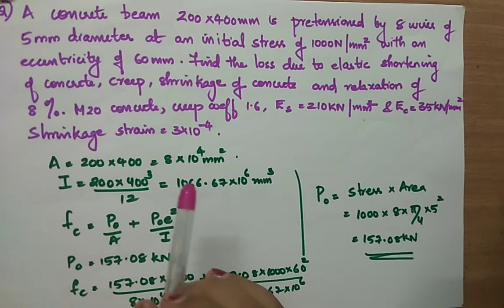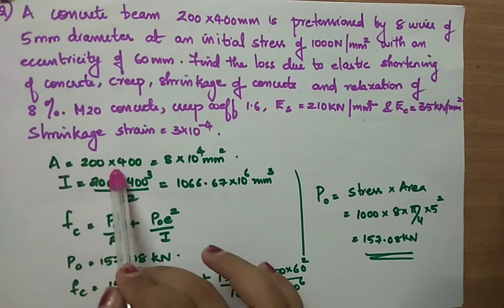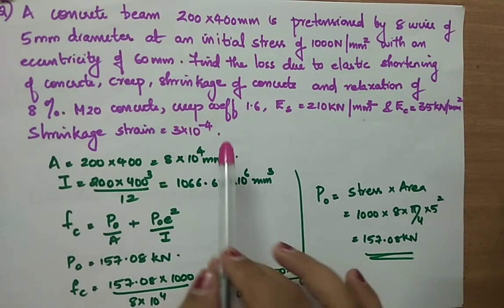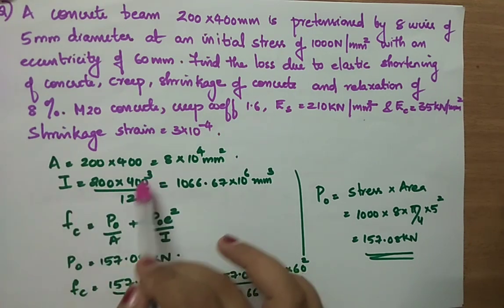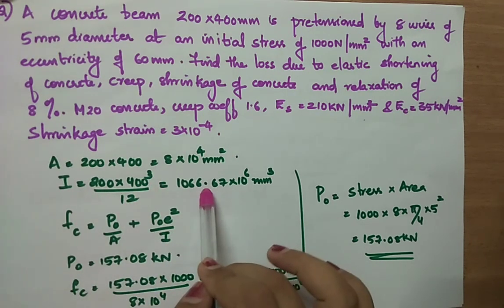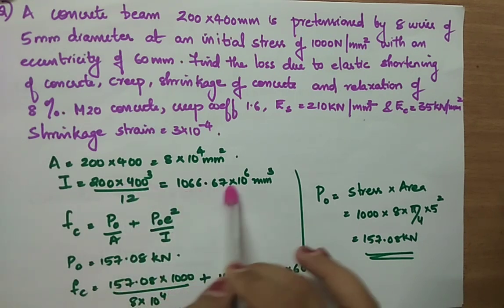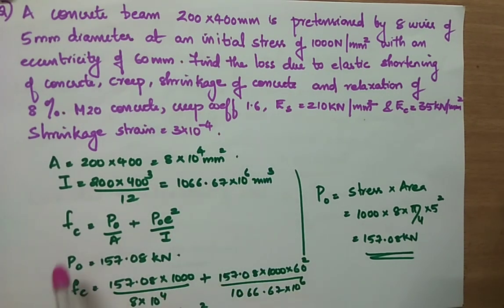First of all, let's write down the properties. A is equal to 200 into 400, that is 8 into 10 raised to 4 mm square. Moment of inertia is bd cubed by 12 for a rectangular section. On substituting b and d as 200 and 400 mm respectively, we get I as this. Now,